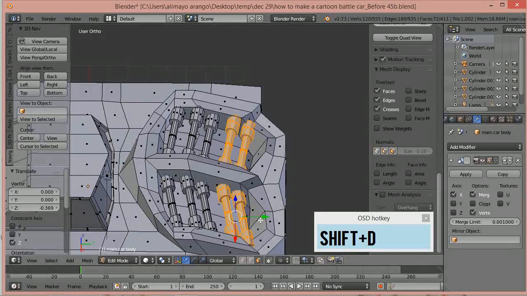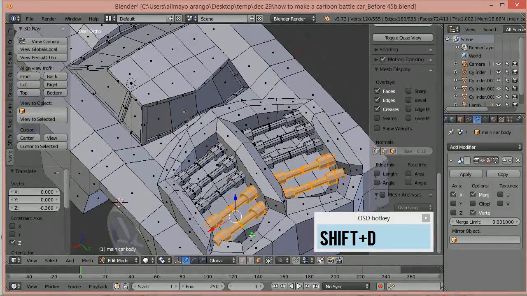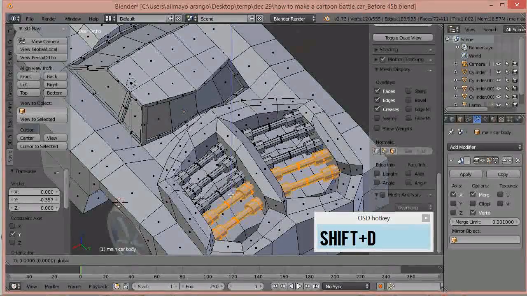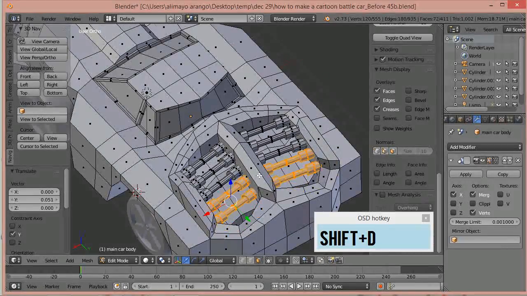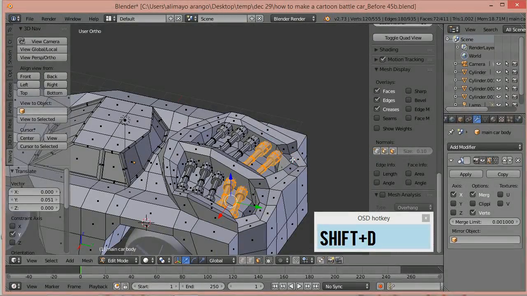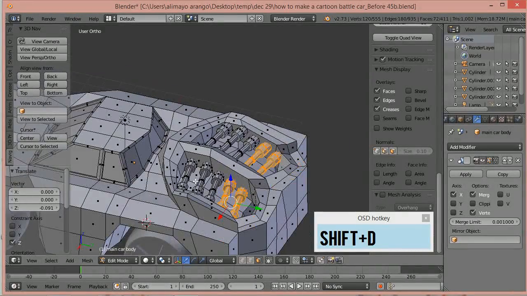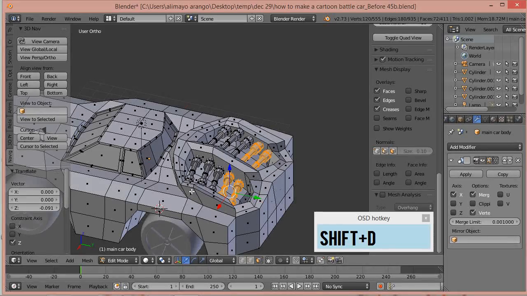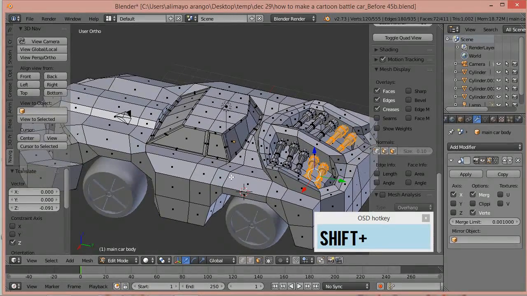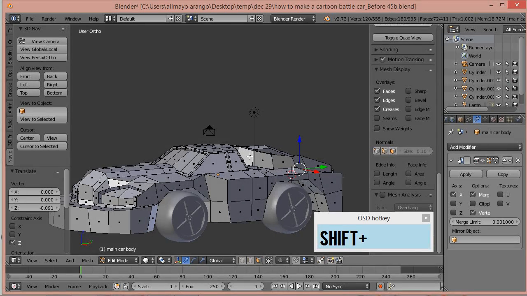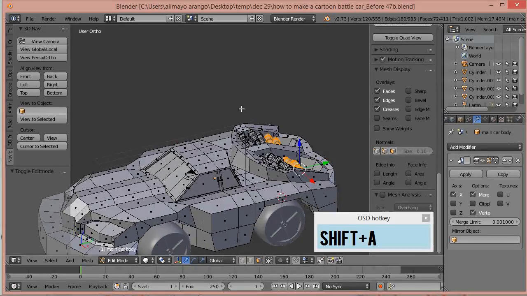A lot of times it almost feels like a cheat to me when you're working with mechanical things. Take advantage of the fact that you can duplicate things because it's mechanical. People expect things to be duplicated, so it almost feels like a little cheat, because when people see what you're making, they'll be like, "Oh my gosh, you made all that!" It's like, well, you may want to duplicate it, but people don't tend to think that way. So you might as well take advantage of it when you're making something mechanical. I actually got the idea for this